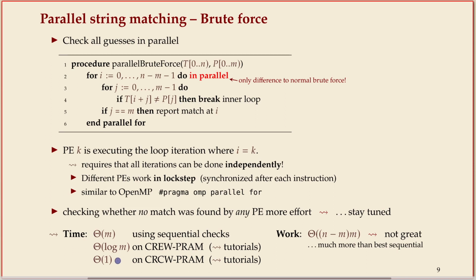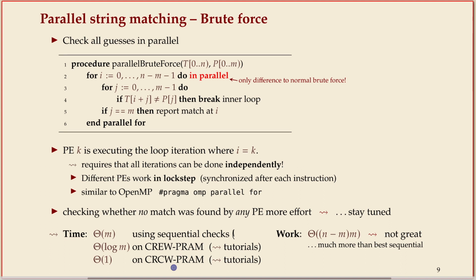And we can actually speed this up further. You'll do this in the tutorials. This code has that span, because each of the iterations of the outer loop still has this inner loop. But you can speed up the inner loop further, at least if you allow certain concurrency on the accesses to